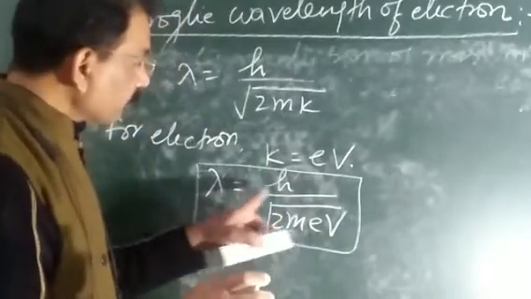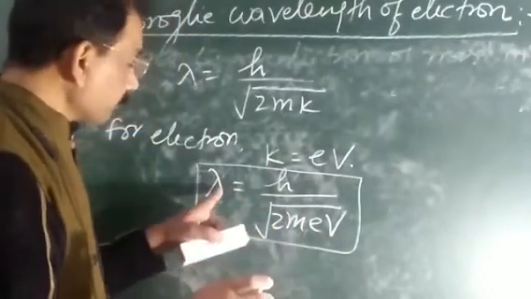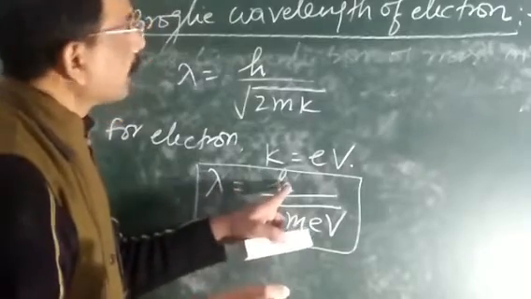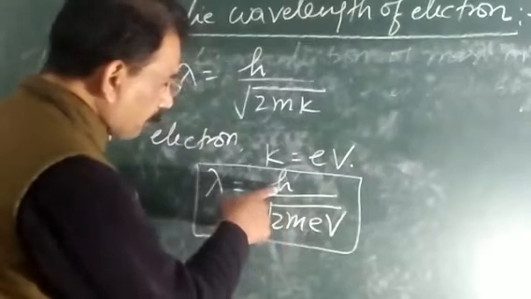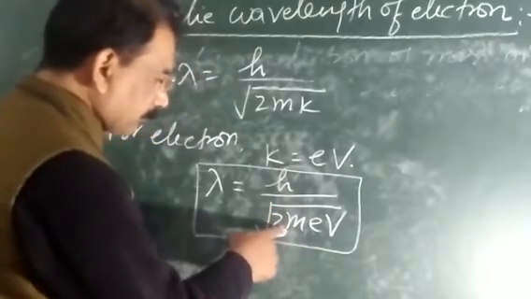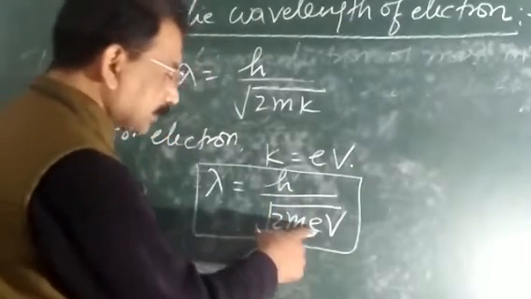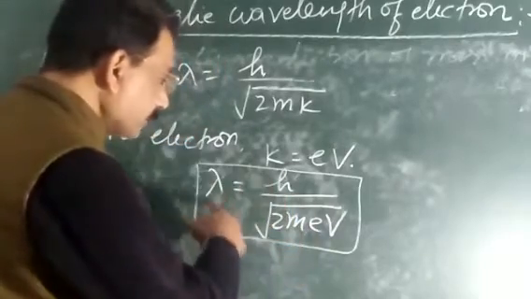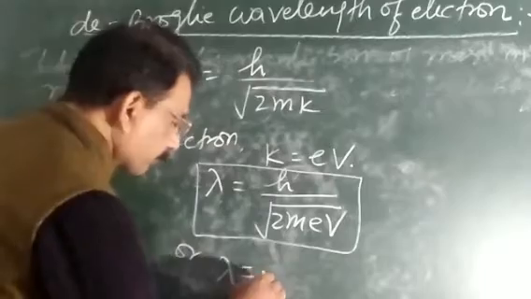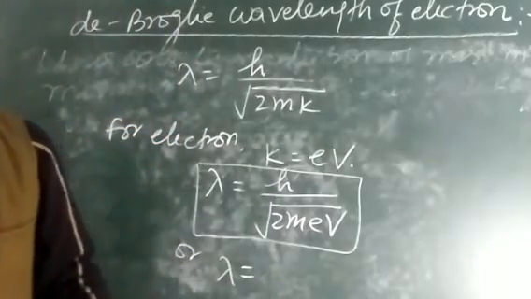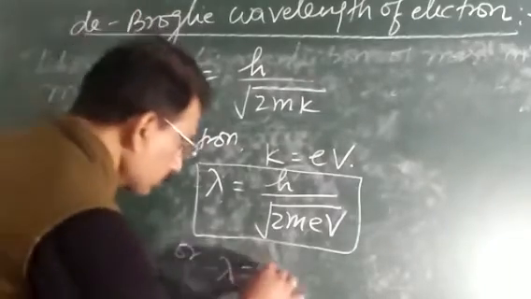So by using this formula we can find the de-Broglie wavelength associated with the electron. And since h is a constant, when you put the value of h, the mass of the electron, and the charge of the electron, and solve it, you will get lambda is equal to